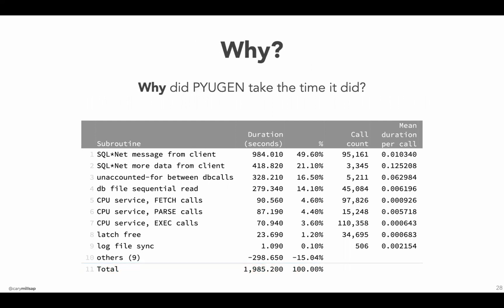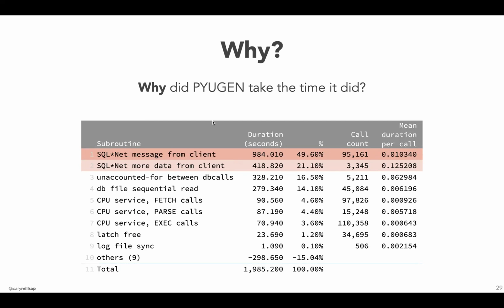Well, it's easy to see here. We've got 2 things in the list of stuff that took more time than anything else. The SQLNet message from client line took 49.6 seconds. And by the way, ASH doesn't record SQLNet message from client events. It ignores them. So this is one of the details that you're missing if you're only using ASH and AWR. Line 2, you can see, is 21% more of the total response time, and it's SQLNet more data from client. So now we know SQLNet message from client and SQLNet more data from client are where about 70.7% of our